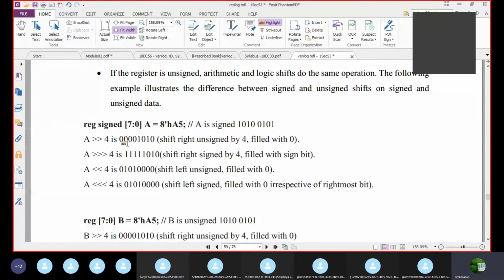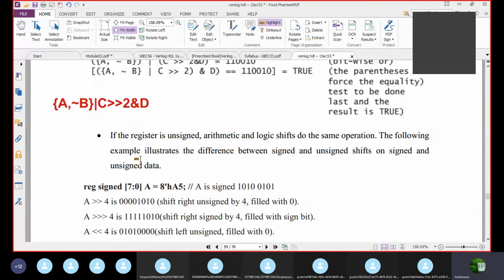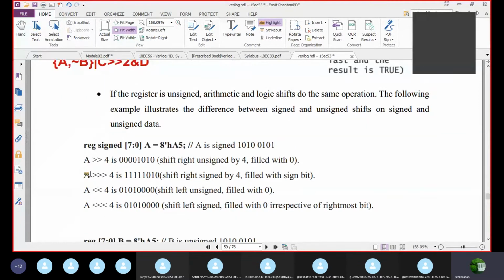Next, we need to know one thing. As I said, I said shift right logical and shift left logical only. But still you don't know what the triple arrow mark means. That indicates a shifting operation used only for signed numbers.